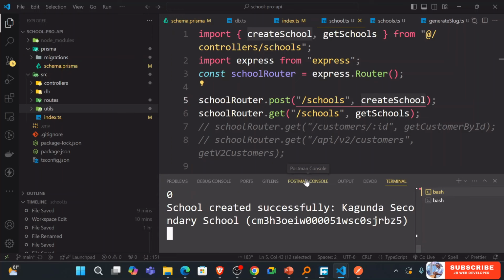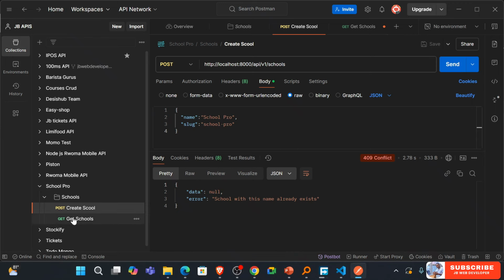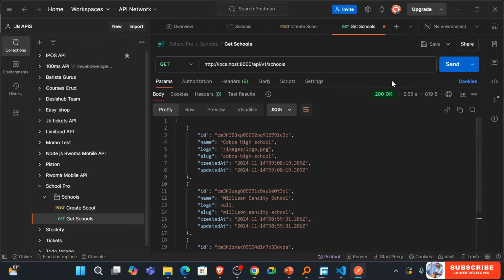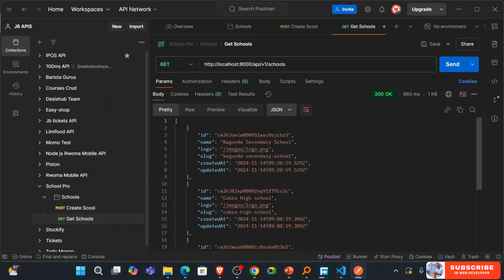Okay, so you can see here school created successfully. If you just maximize this, this is Kagunda Secondary School with this ID. If we go back to Postman and create a fetch request on get schools, I'm just going to send a request, and you can see that Kagunda Secondary School has been onboarded with the